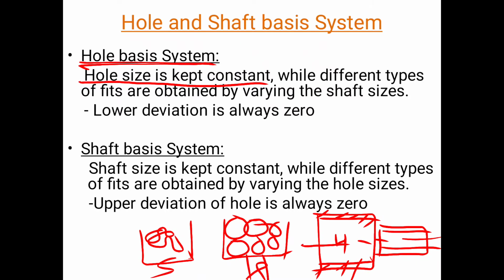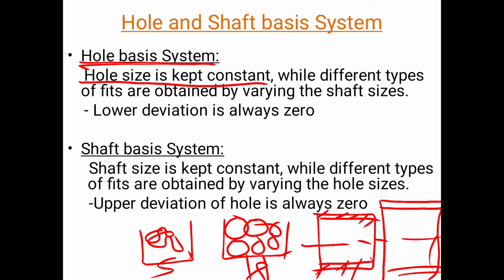The other is the interference fit. For the interference fit the shaft will be like this. It has a lower limit which is greater than the upper limit of the hole. I will show it with yellow color. This is the lower limit of the shaft, which is higher than the higher limit of the hole, so there will be interference. So there will be an interference fit. And for transition, if these limits are in between the limits of the hole, then there will be a transition fit.